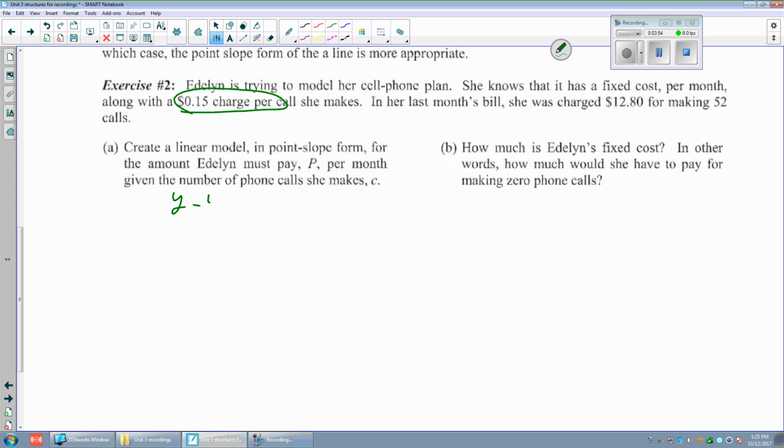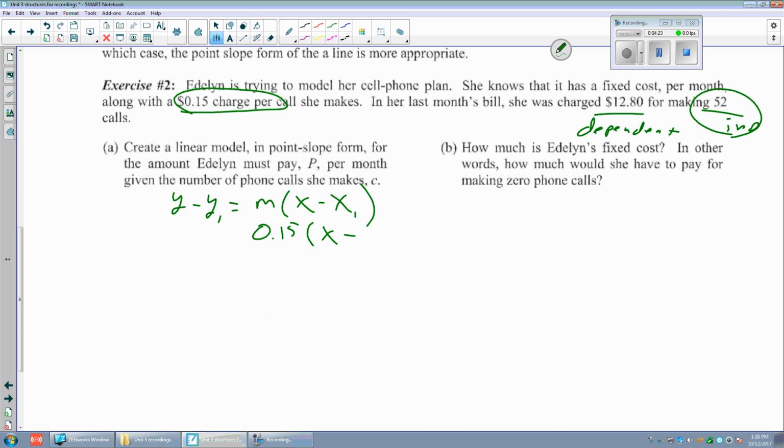Remember, point slope, y minus y1 equals slope times x minus x1. We know what the slope is. It's 15 cents. Do we know what the x value is? Is the x value $12.80 or 52 calls? Which one's dependent? Which one's independent? Well, gee, the 12.80 is dependent, and the 52 calls is independent. So the 52 calls,